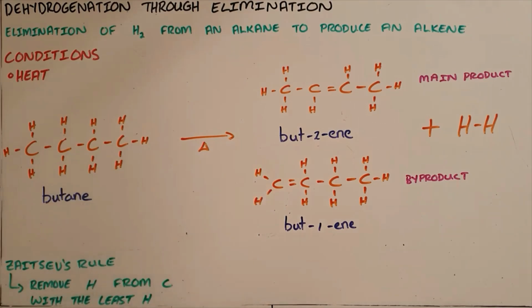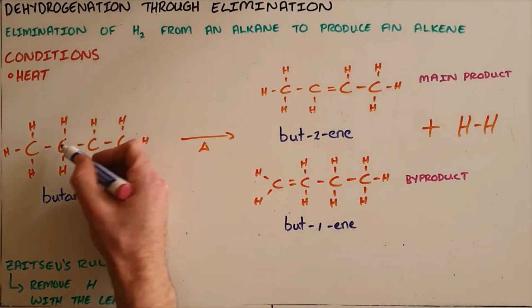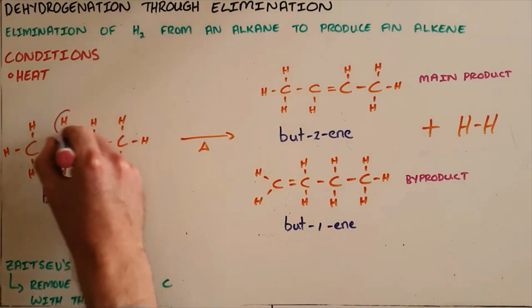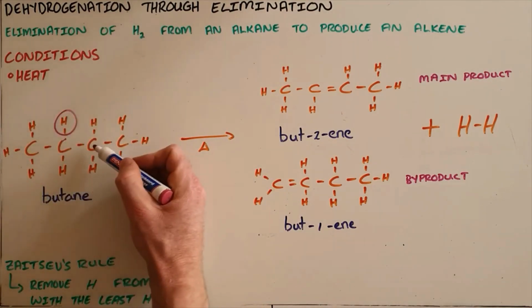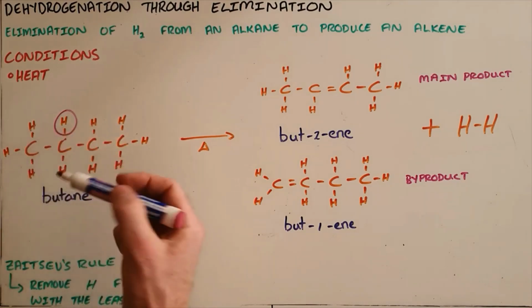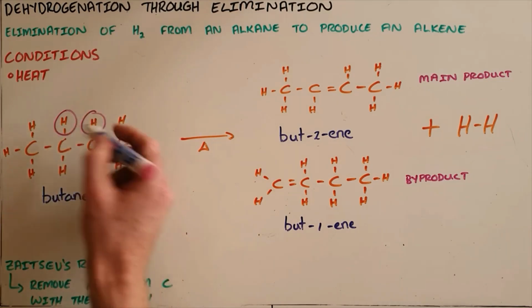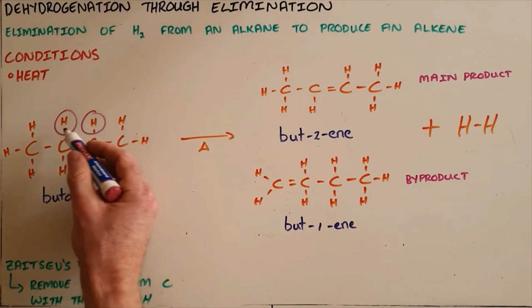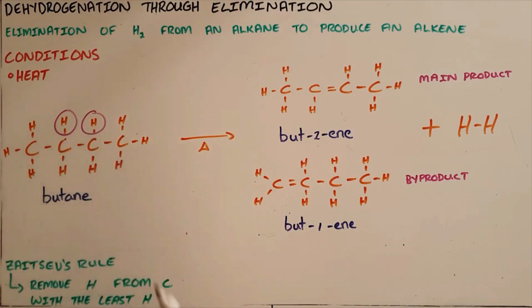So as an example here, we have butane, and butane, when heated, would lose 2 hydrogens or undergo a dehydrogenation reaction. The question of which hydrogens to remove is answered by Zaitsev's rule, which tells us that we remove the hydrogen from the carbon that has the fewest hydrogens. So that is going to be, in this case, the second carbon. We remove our first hydrogen, and then we can see on the third carbon there's also only 2 hydrogens, whereas on the first carbon there are 3 hydrogens. And since we must choose 2 consecutive carbons, we would remove the hydrogen from the second and third carbon, which